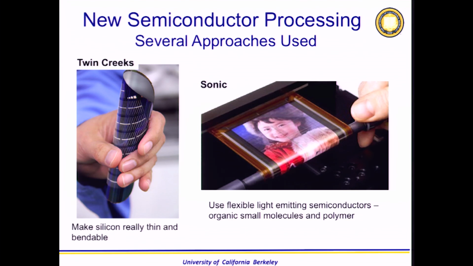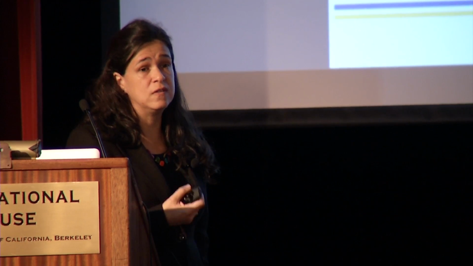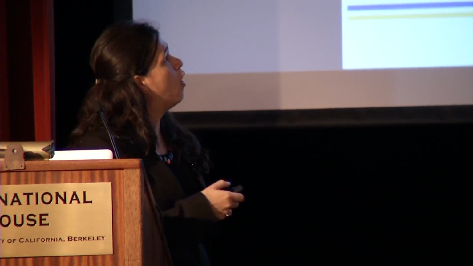Some people really don't want to get rid of the silicon wafer, so one approach is just to make the silicon as thin as possible until the silicon itself becomes bendable. There have been examples where people try to make flexible solar cells where you just thin down the silicon wafer, and you can see here that you can roll the silicon wafer. This approach has been used by many people just trying to make everything from high-speed electronics to displays, just thinning down the silicon. All about changing the process of the semiconductor.